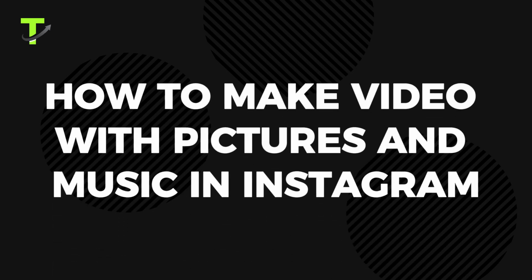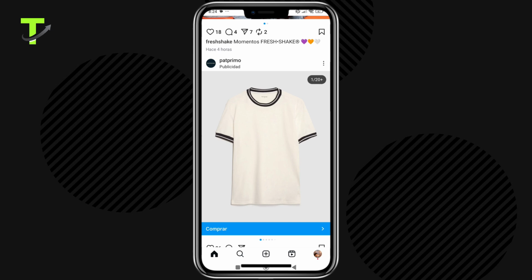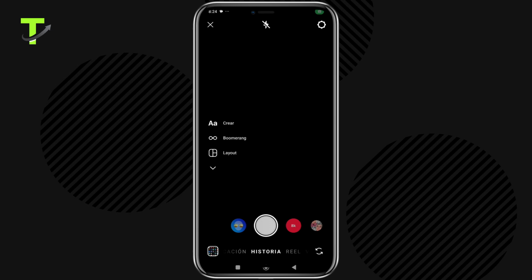How to make video with pictures and music in Instagram. The first thing you need to do is log into Instagram and access your account. After that, swipe to the right to get to this page, where you can upload a photo or video for the background. Next, you'll see 4 options in the top right corner, and you need to click on the second